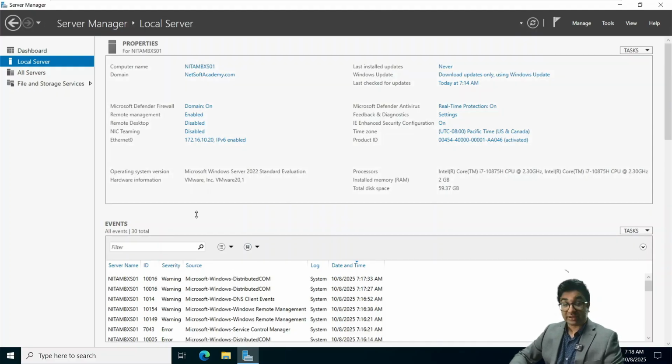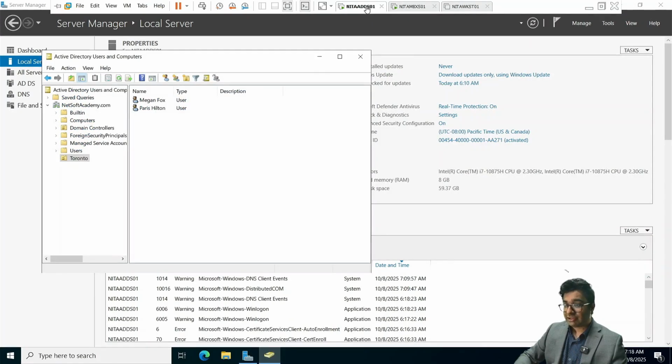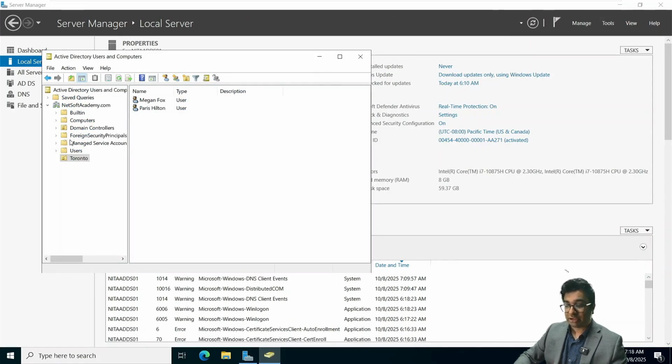So next comes the next important step. This is where we start Exchange server prerequisite installations. And there is a series and sequence of installations that will have to be completed on this server, logged in as the enterprise administrator. Now, let's quickly double check one thing on the ADDS before I move on